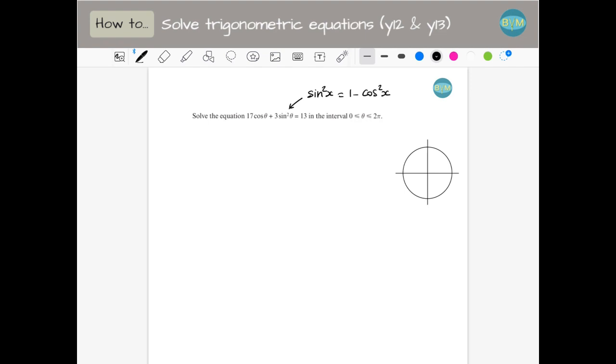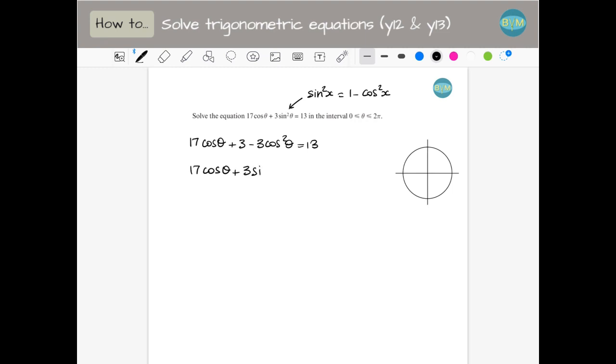So I'm going to substitute that by 1 minus cos square. So I have all my equation in cos. So that will look like 17 cos theta plus 3, I'm already expanding the bracket, minus 3 cos square of theta is 13. So I can rearrange my equation